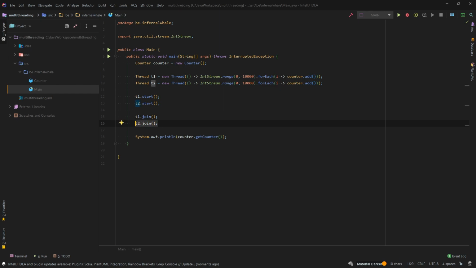So now I'm saying t2.join. So my main thread is going to wait till thread 2 is in a terminated state, and then my main thread will continue working. So basically, counter.getCounter will only be called once T1 and T2 are done with their work. Okay,